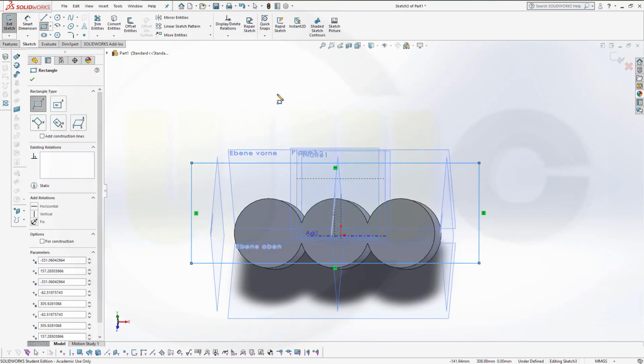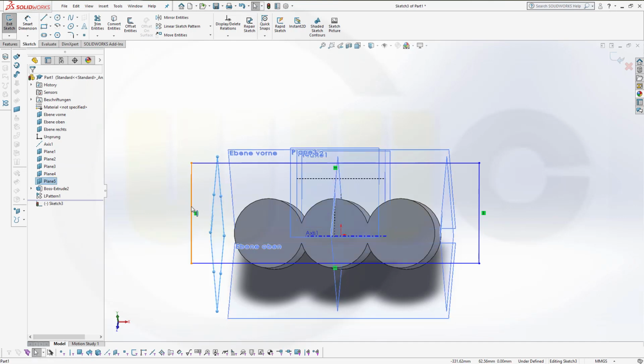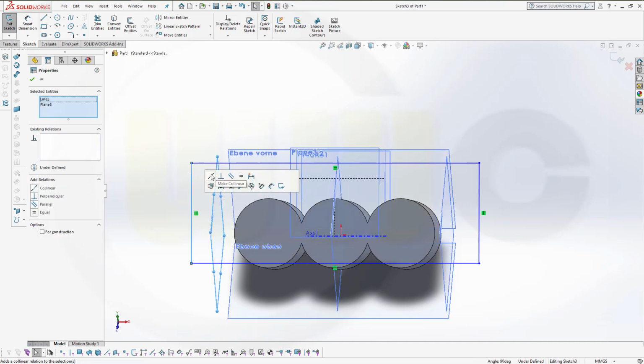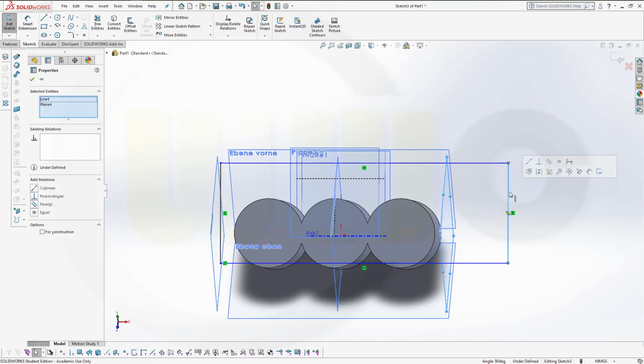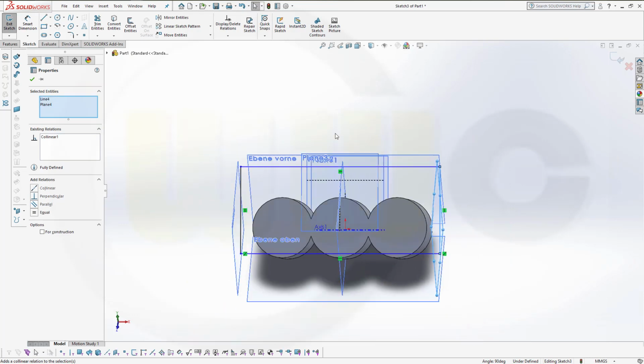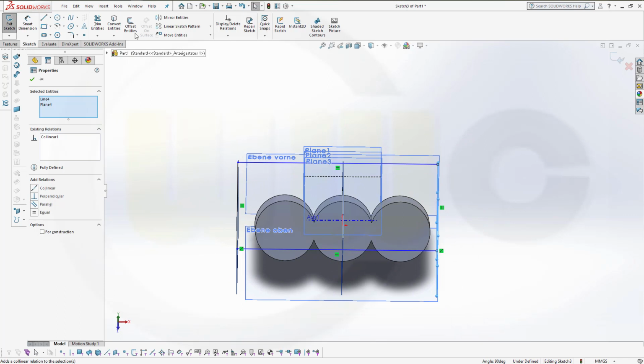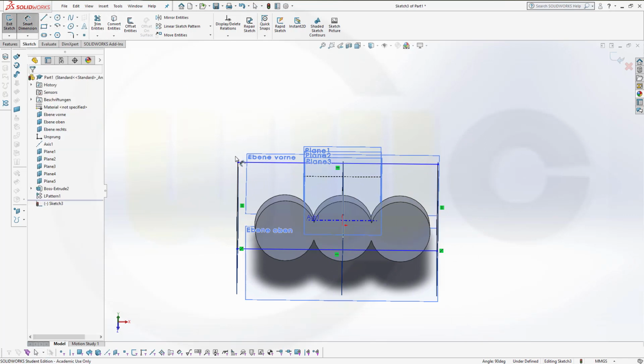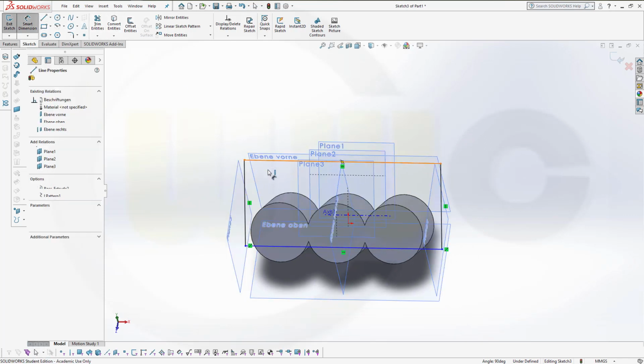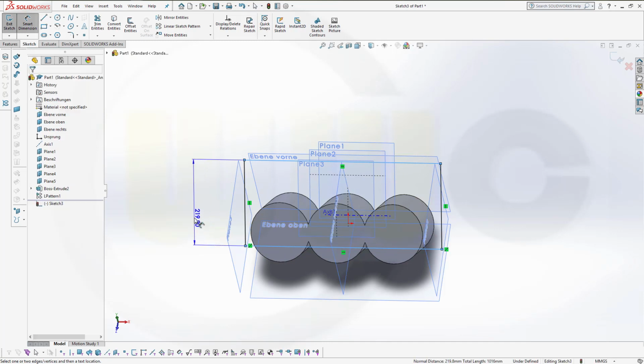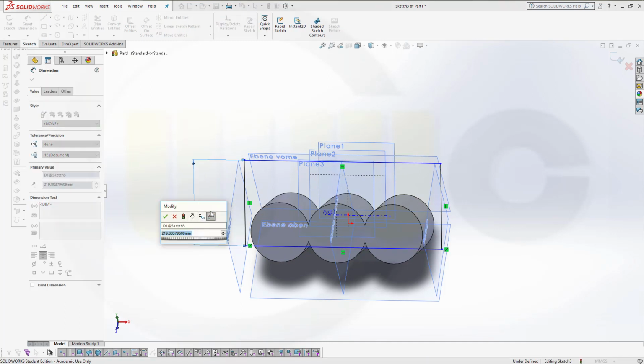Okay, and that plane and this line should be collinear, and that plane and this line should be collinear as well. Okay, I need a dimension. That dimension should be from this line to that line, and that dimension should be 165.1,